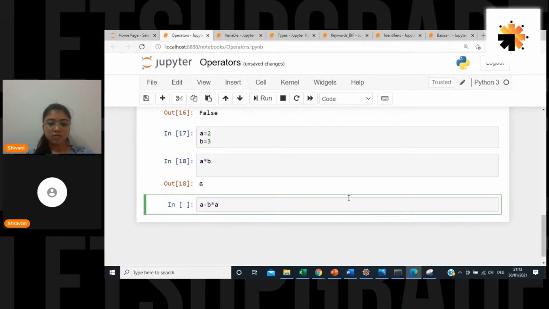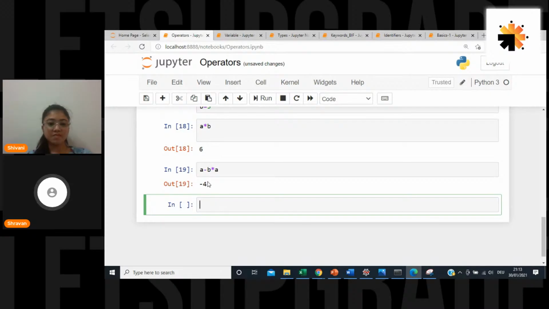As you people know, multiplication and division have the highest precedence, so they will be done first, and after that it comes to plus or minus.